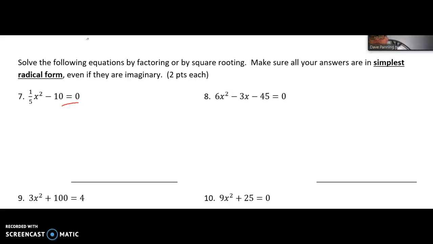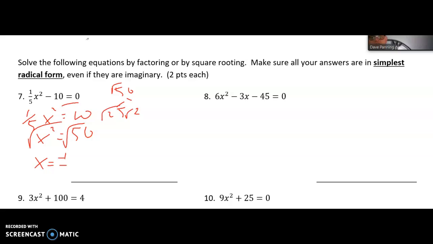And so for number 7, the first thing I would do is add 10 to both sides. So that's going to give me 1/5 x squared equals 10. If I multiply both sides by 5, then I'll have x squared equals 50. So then I'm going to take the square root of both sides. So I'll have x is equal to plus or minus the square root of whatever 50 is. Well, square root of 50 can be like 25 times 2. And square root of 25 is 5, and the square root of 2 I don't know, so it's just going to be plus or minus 5 radical 2. Number 8,